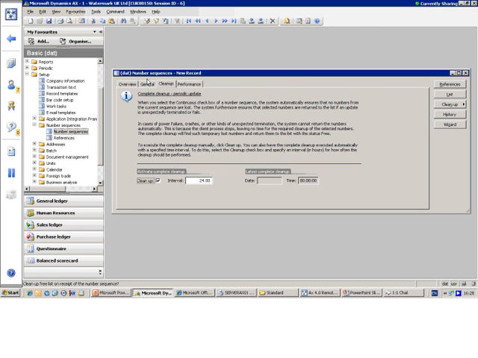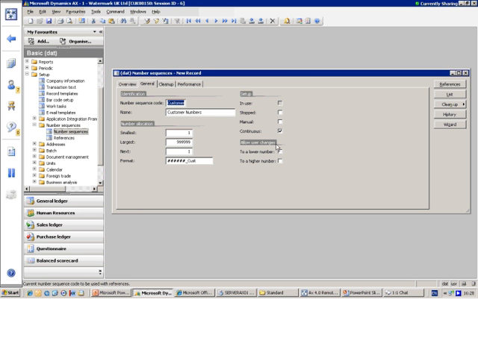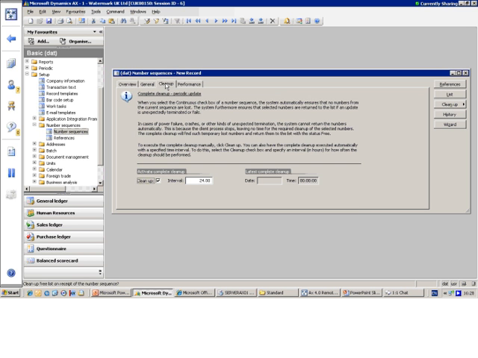Before that, again, we have to make sure that the Continuous checkbox is checked. On the Cleanup tab, we have to select the Cleanup checkbox, which is required by the system to clean up number sequences automatically. This checkbox is selected automatically when the number sequence usage status is set to continuous. If the Cleanup checkbox is not selected, regularly run the manual cleanup function by clicking the Cleanup button